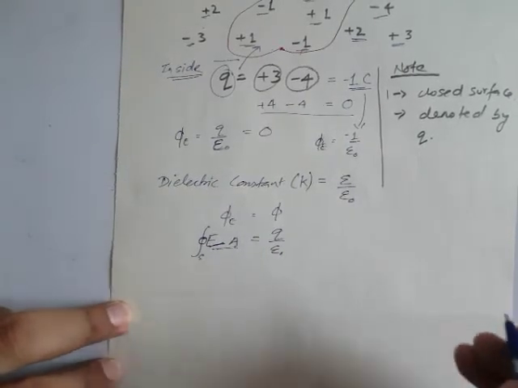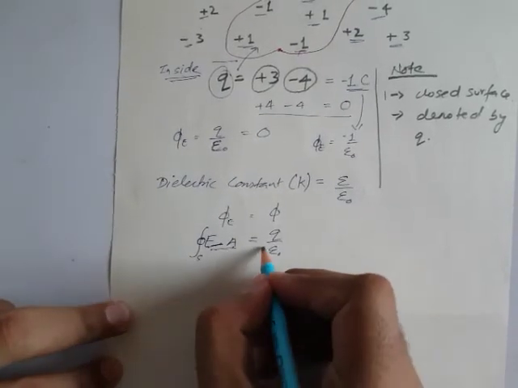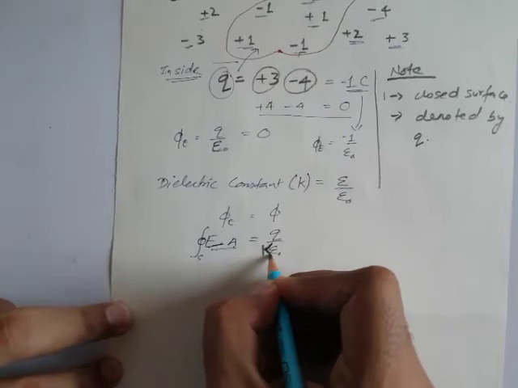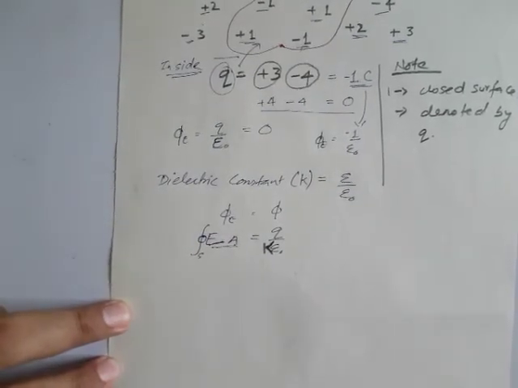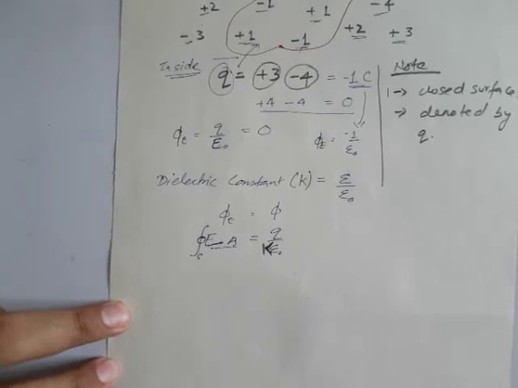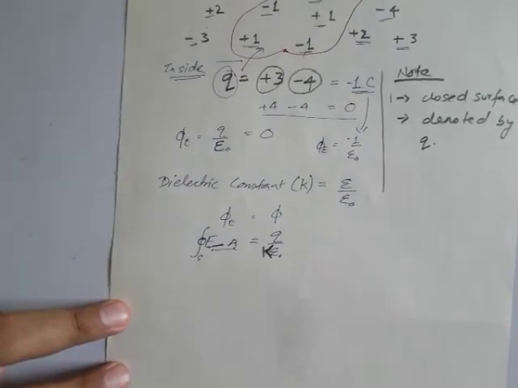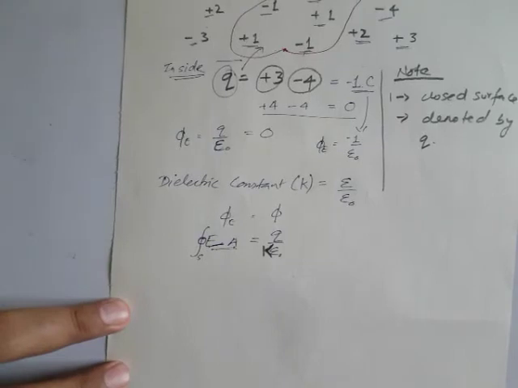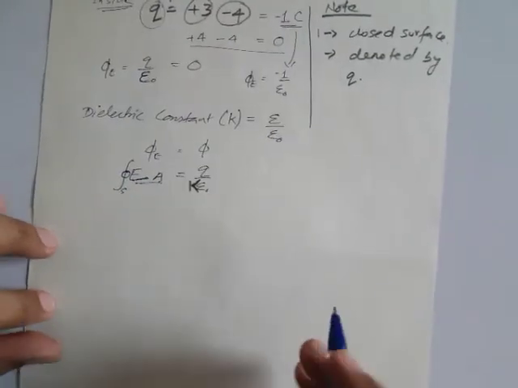For the dielectric, we need to add over here a dielectric constant, K. It is the dielectric constant. So this is the formula of Gauss theorem with respect to dielectric constant, and we can prove this formula with the help of taking a closed spherical shell, and then we can prove it with the help of an example. In short, I will write over here.